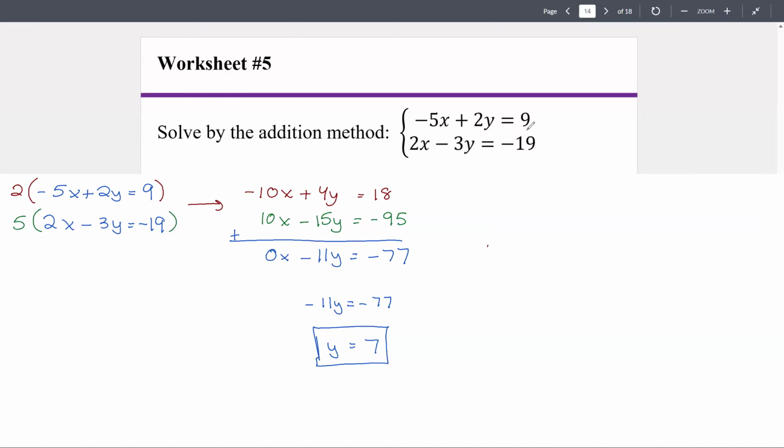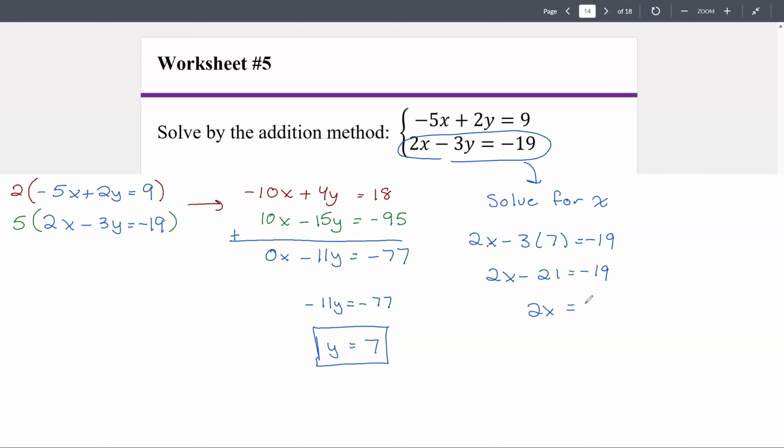So as I said before, just pick one of the equations. Well, let's pick the bottom one. We picked the top one last time. So we already solved for y, so we're going to solve for x. So we got 2x minus 3, and y is 7, equals negative 19. So I have 2x minus 21 equals negative 19. If I add 21 to both sides, I get 2x equals